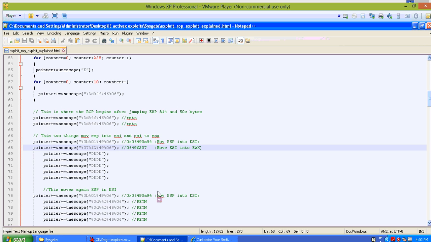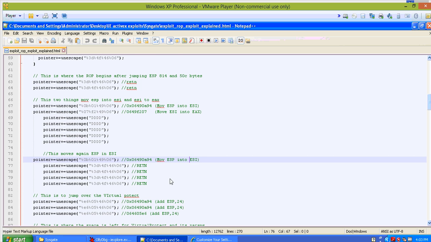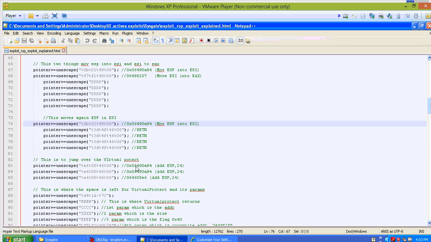And the third time I'm again moving ESP into ESI, because when you move ESI into EAX, there is a pop instruction which screws up the value for ESI. So in this case, I'm using EAX and ESI as references. Once that is done, what I'm trying to do is calculate and get to the address of where my shellcode would be located. So I'm adding to ESP 3 times,